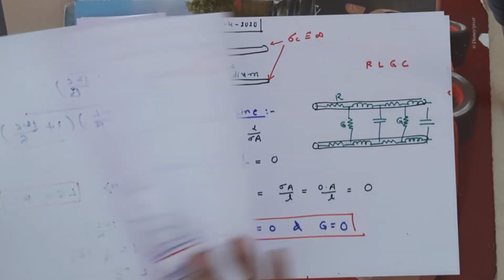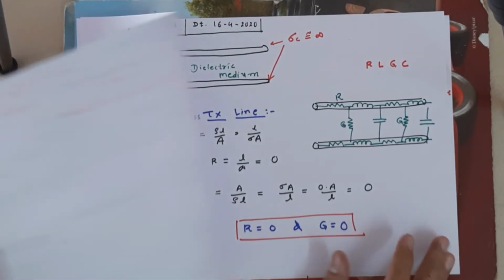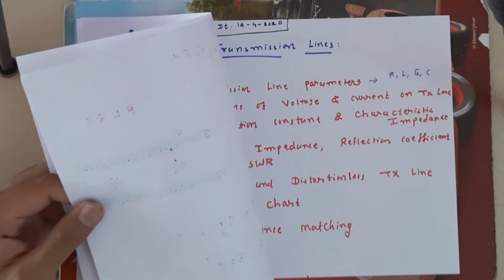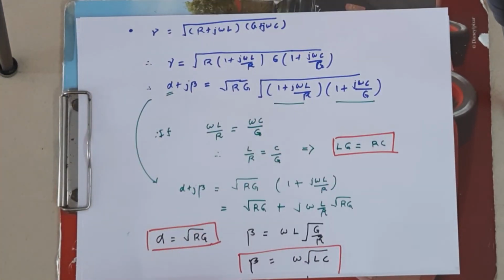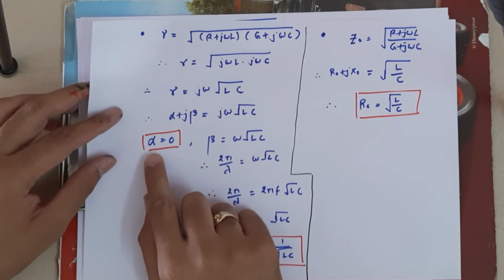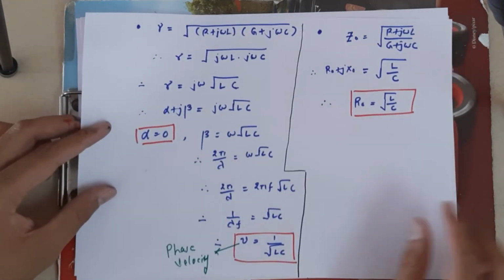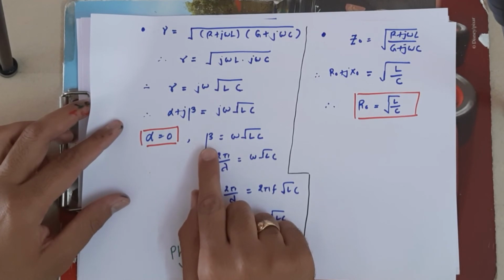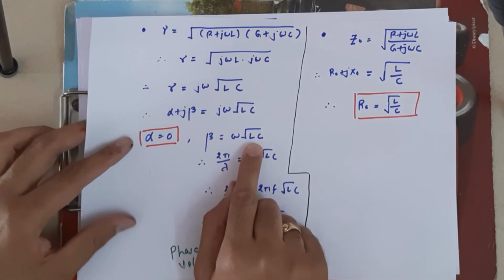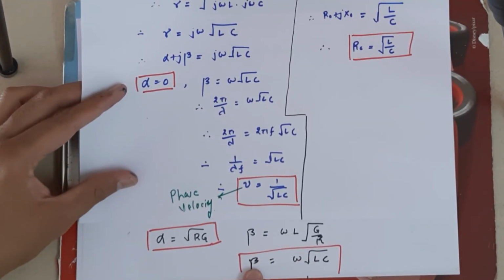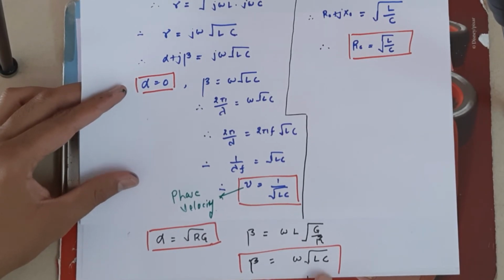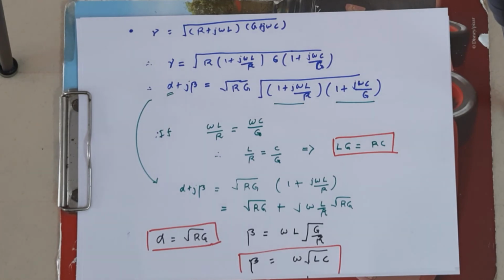Okay, so for this case the value of alpha is 0. For the lossless transmission line the value of alpha is equal to 0, but for the distortionless transmission line the value of alpha is equal to under root of RG. Similarly, for the lossless transmission line the value of beta is equal to omega root LC, and for the distortionless transmission line the value of beta remains the same, omega under root LC. Okay, and next,